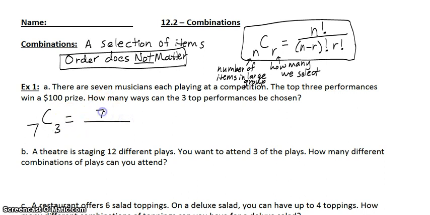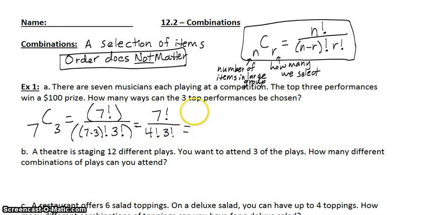So n is 7 and r is 3. And if you wanted to type this all in, you would make sure to put that bottom part in parentheses if you're going to do that part in your calculator. We do have a combination button as well, though. Let me show you this longhand a few times before we go to the calculator. 7 minus 3 is 4 factorial on bottom. And now if I wrote this all out,